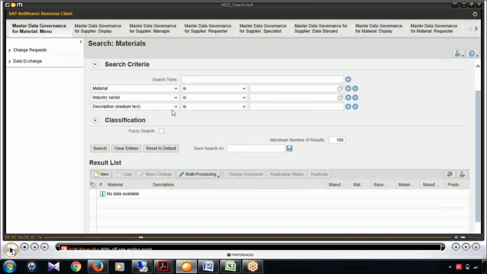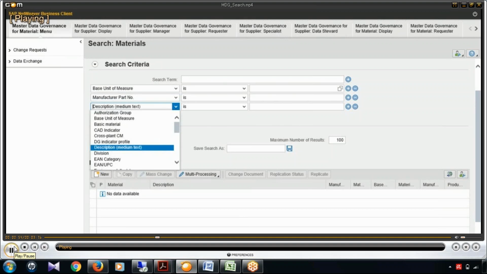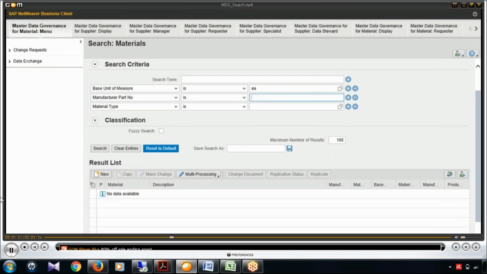But here my search criteria is more prominent. I'm doing the search based on three different criteria: base unit of measure, manufacturer part number, and material type. And based on that, I'm getting this result,